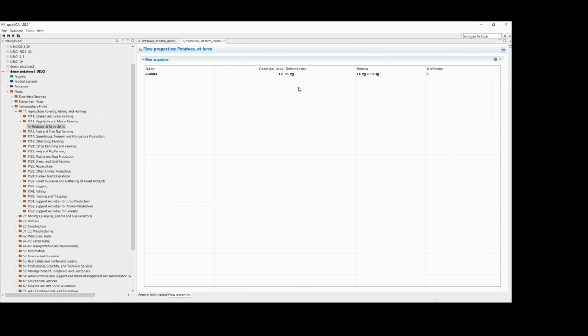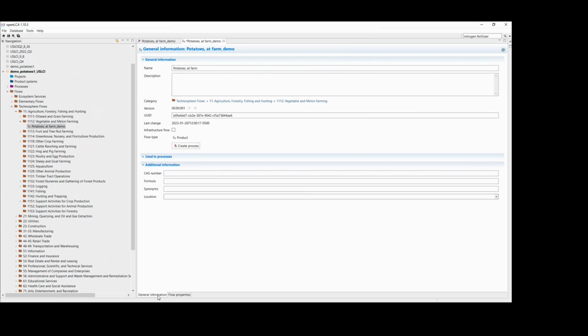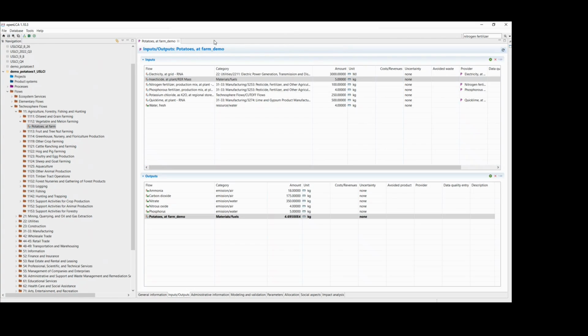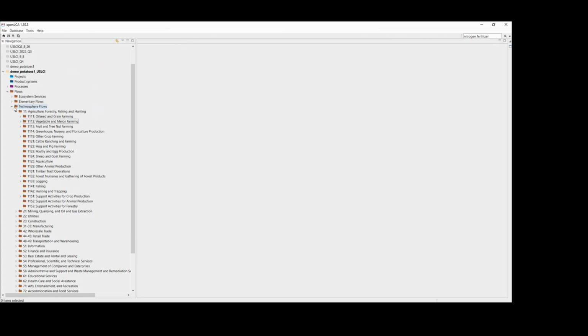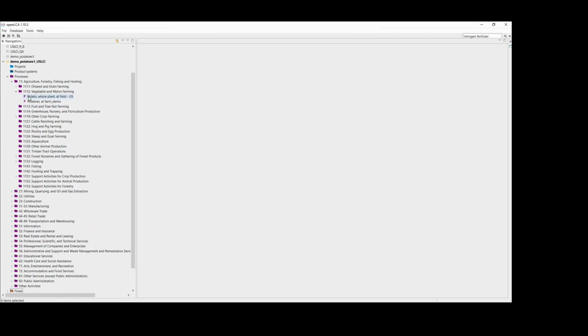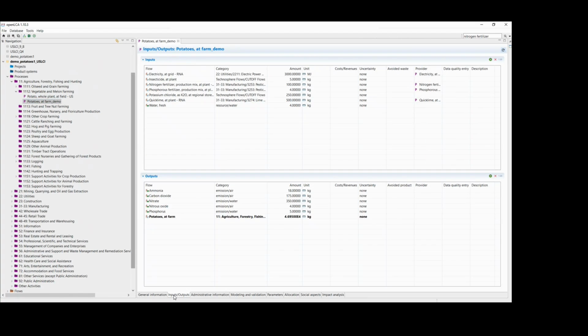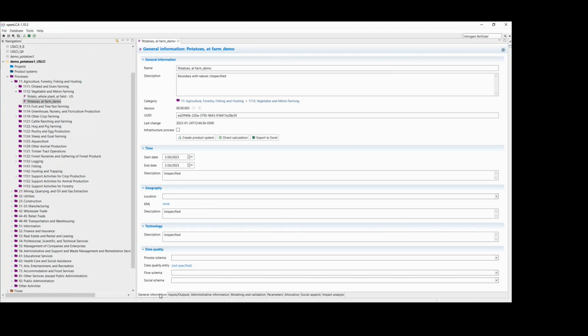So we have mass, 1 kilogram. Out of our potatoes process and go back into it to make sure that it's saved. And it did. So now we can go ahead and get started on the metadata.